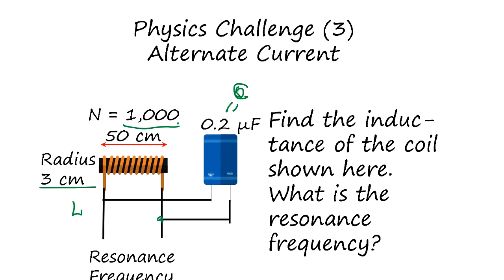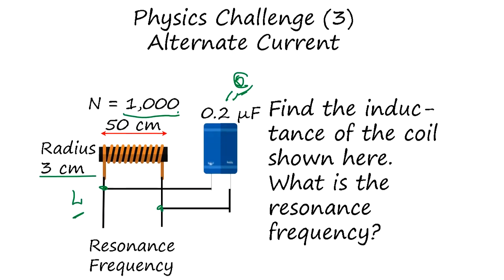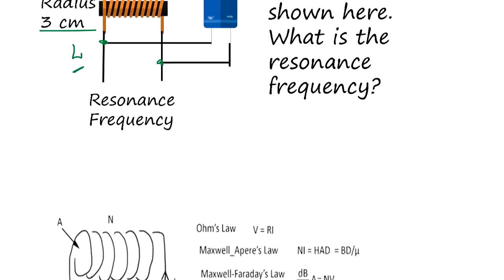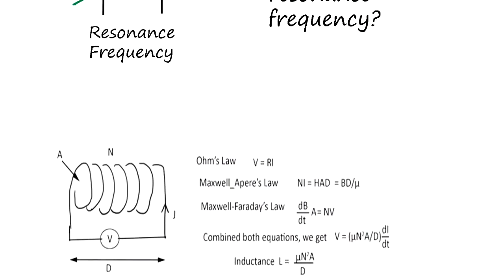Now these are connected in parallel, so L and C are connected in parallel. Let me show you how to get the resonance frequency. First of all, we have this in the textbook, straightforward. Just inductance is mu 0, which is 10 to the minus 7, and 3 square times pi